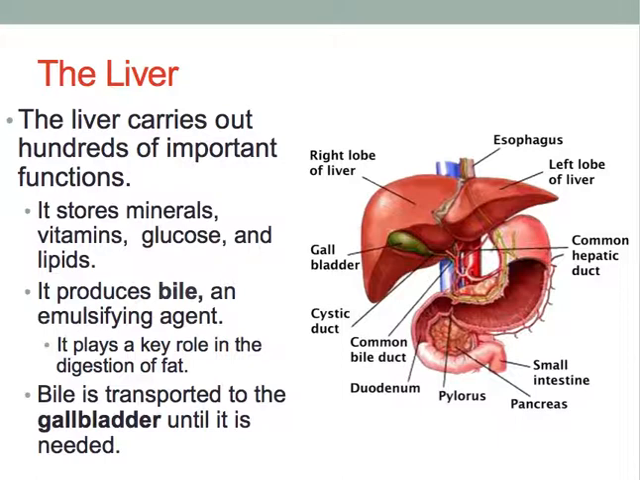The liver is another thing that plays a role in digestion. Bile flow,